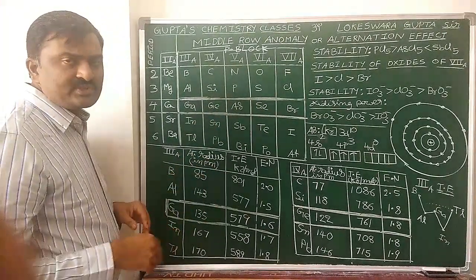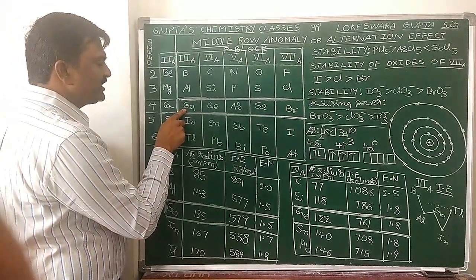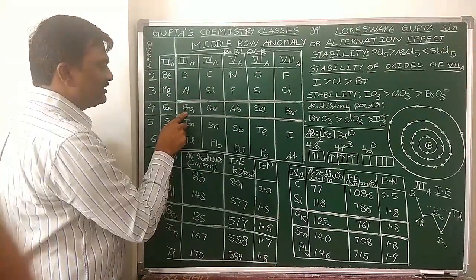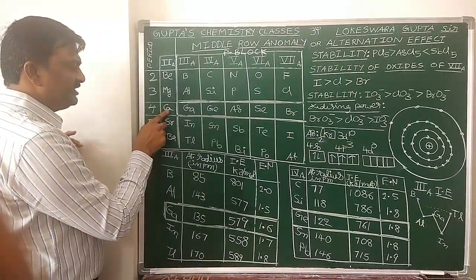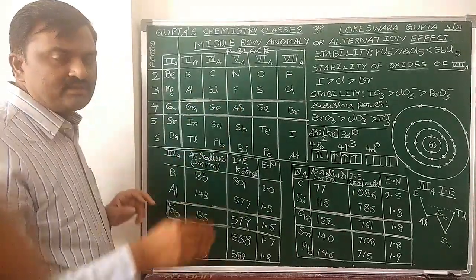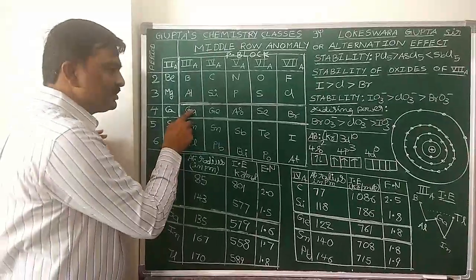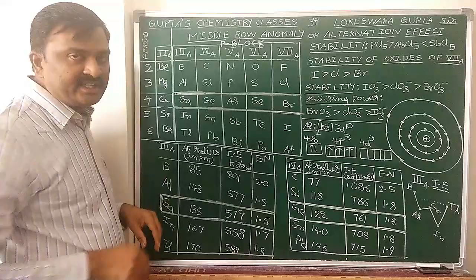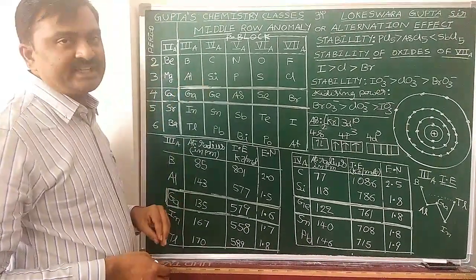But if you take the fourth period elements of the p block, now in their inner shell, 3d10 electrons are there. See, in between calcium and gallium, scandium to zinc, 10 d elements are there. So in the inner shell of the fourth period p block elements, 3d10 electrons are there. For those 10 d electrons, there is a poor shielding effect.